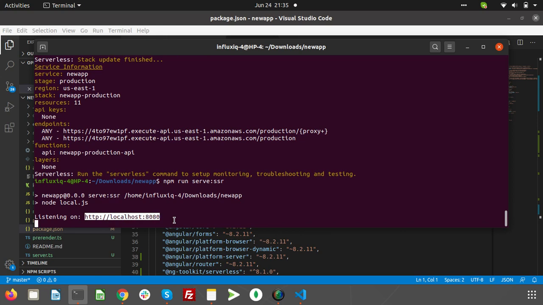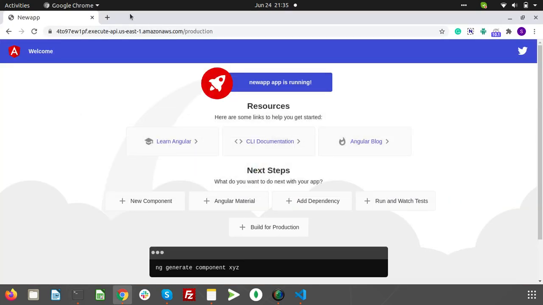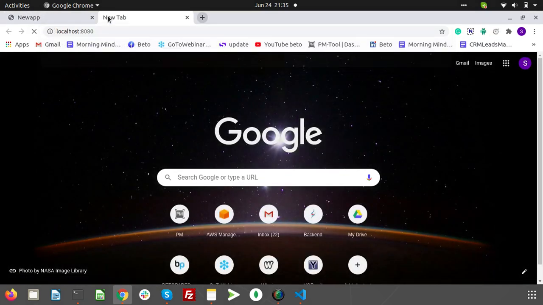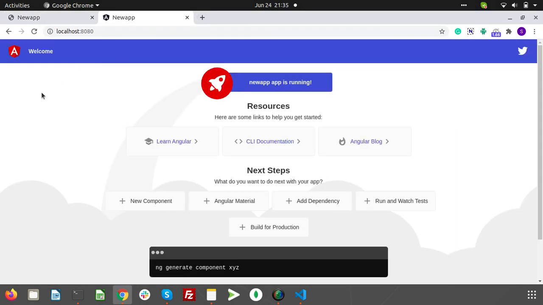You can search it on Google. It is quite easy. And even in localhost we can run it and see that our project is live and running.